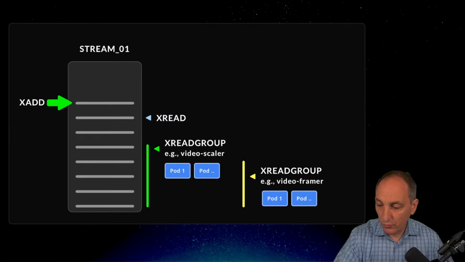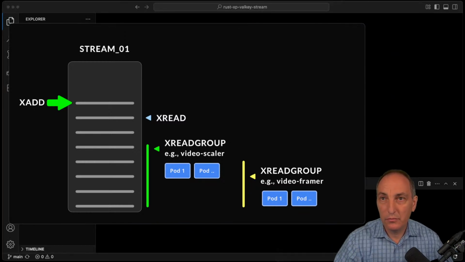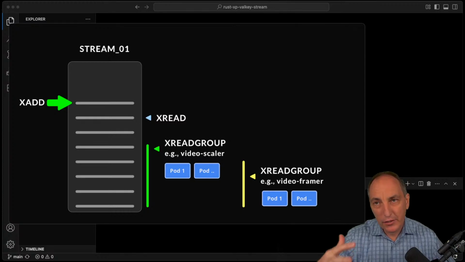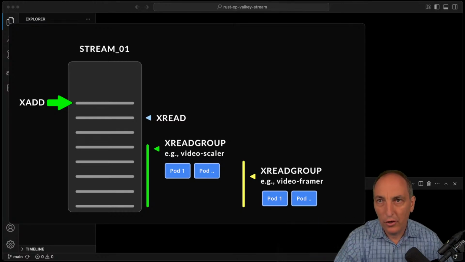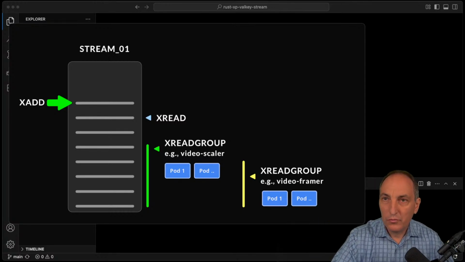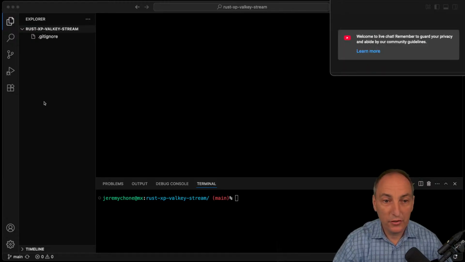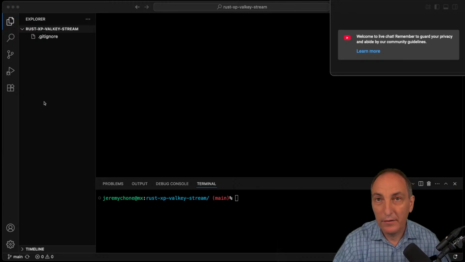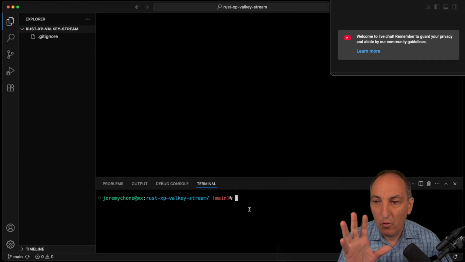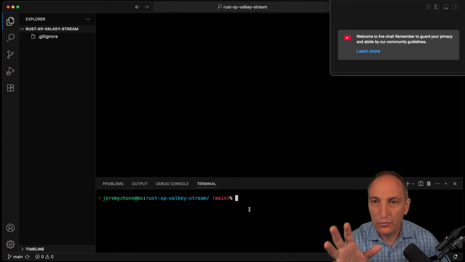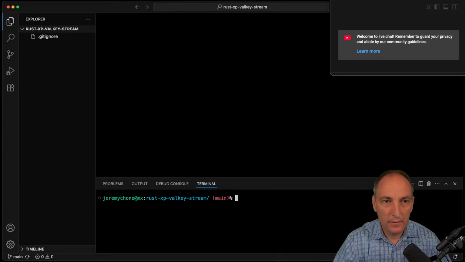Now, the way that we are going to do that, today I'm mixing a little bit of high-level architecture with the code here. And feel free to say hi on the chat. I'm assuming everything is going well on the stream. So what we're going to do here is use a crate, and the crate is,